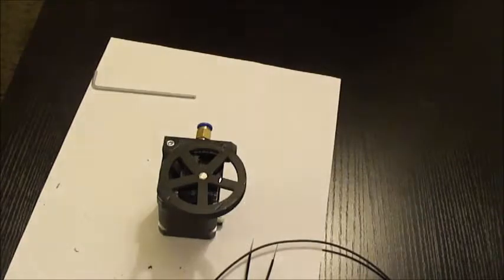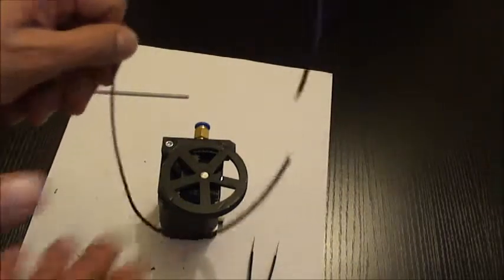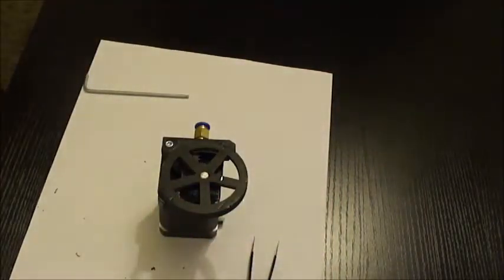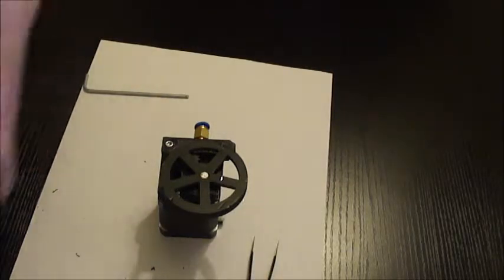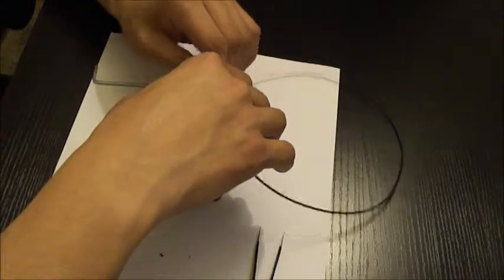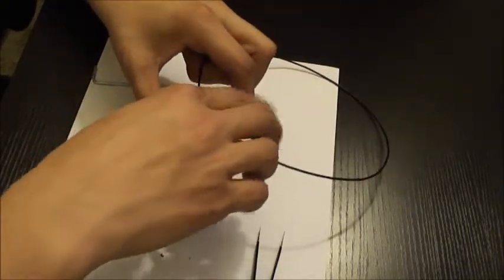So now what we need to do is test it with a piece of sample filament. We need to run this through to make sure that the teeth marks are right. Alright, now we're going to push it through this push fit connector. And we're going to slowly turn this big gear and hopefully